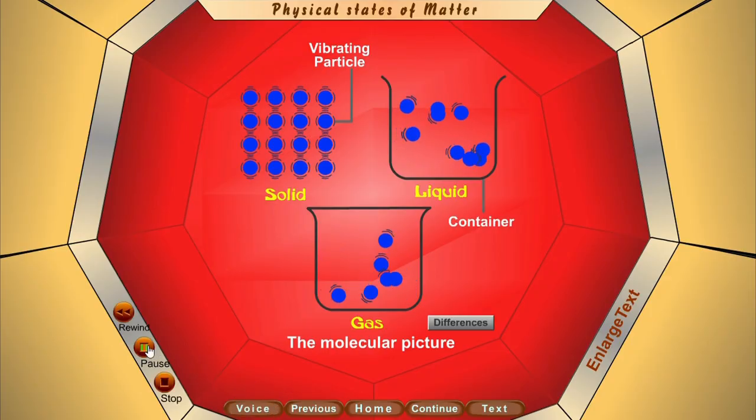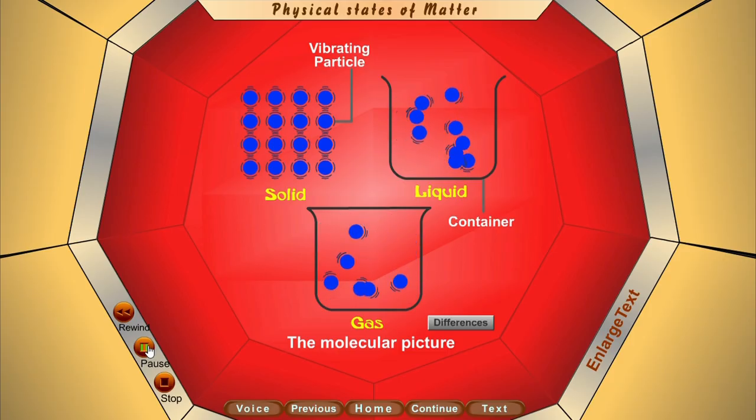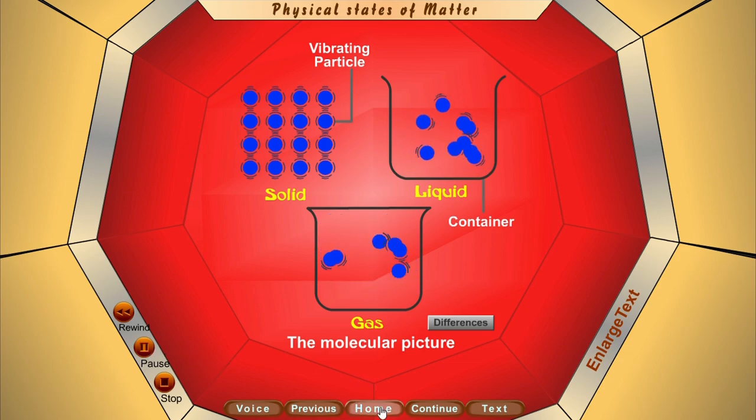Solid, liquid and gaseous forms of matter can also be explained in terms of forces operating among constituent particles, atoms or molecules. These forces are called intermolecular forces. In the case of solids, these forces are strong enough to keep the